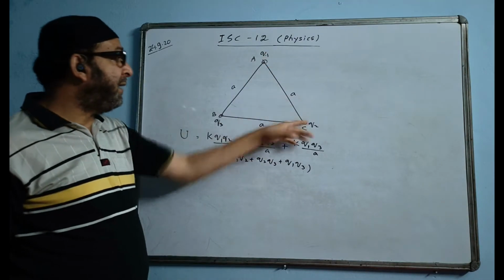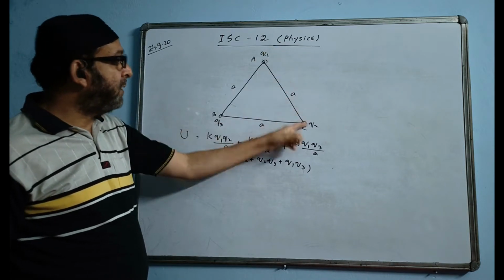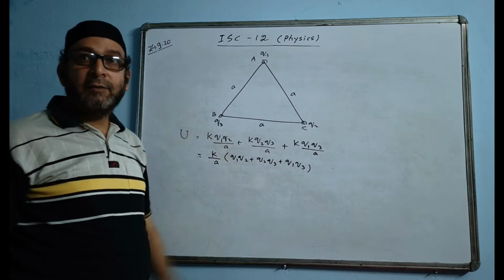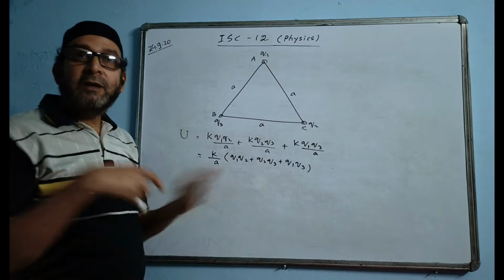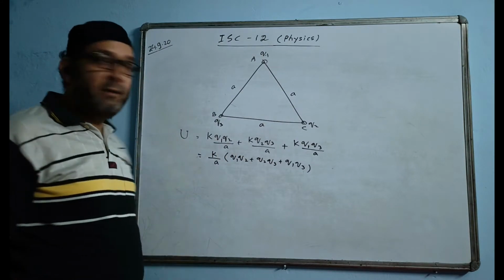If any charge is negative, we will take the sign also. Suppose this one is negative 1. So this minus and plus sign will become minus here. That way we will calculate. We will take the sign of the charge also, because we are not taking the direction. We are not marking attraction, repulsion or breaking components and all. We are not doing that because it is scalar.